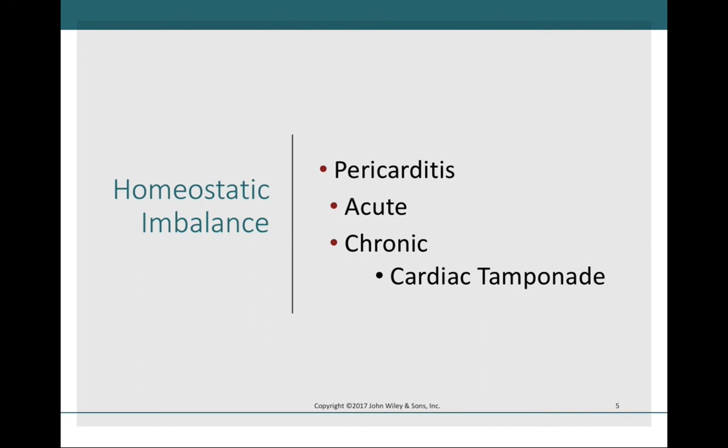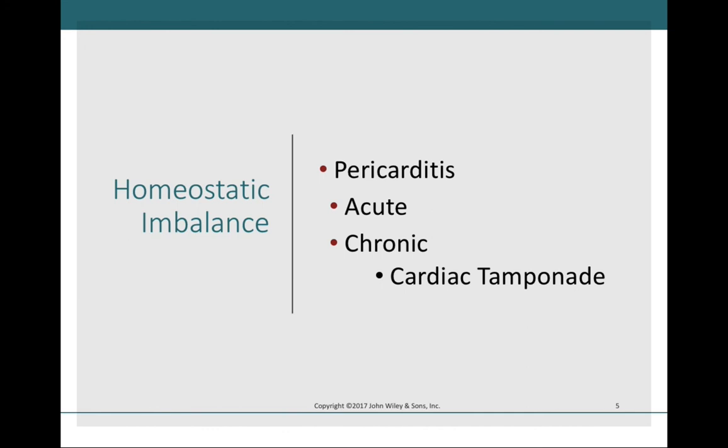However, this is going to have a very sudden onset, and we don't really know the cause behind why the acute form begins in the first place. It is thought that this acute pericarditis is caused by viral infections. However, the typical treatment for acute pericarditis are different types of inflammation-reducing drugs, such as aspirin or ibuprofen. The chronic form of pericarditis is a bit more serious and, as the name implies, a bit more long-lasting than